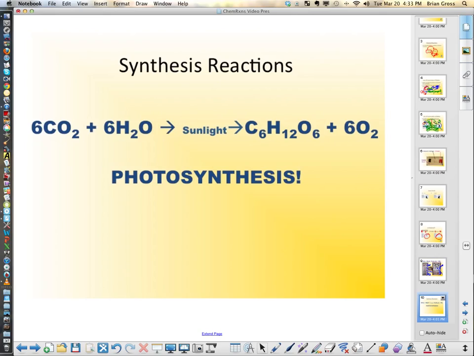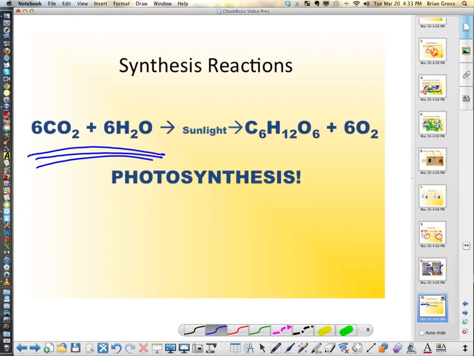There's still difficulties. So let's talk real quickly about synthesis reactions. Synthesis reactions are when things come together. You can notice here that these smaller atoms, I'm sorry, I just misused a word. These smaller compounds or molecules are being converted to a larger molecule. That is called synthesis. All right? Thus the term